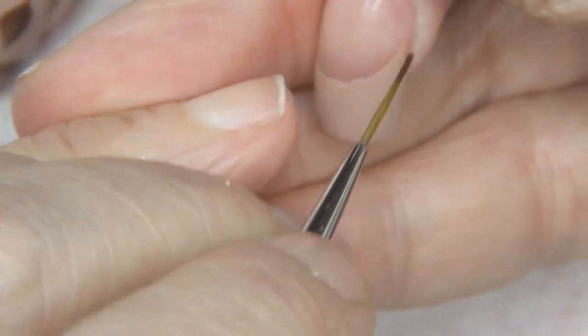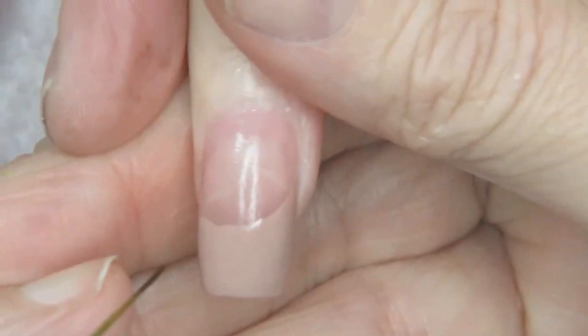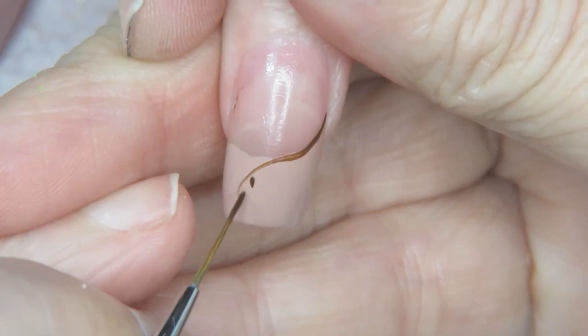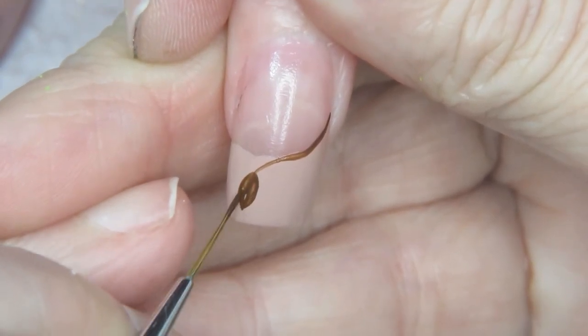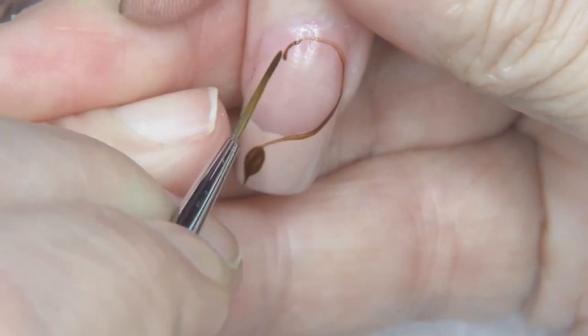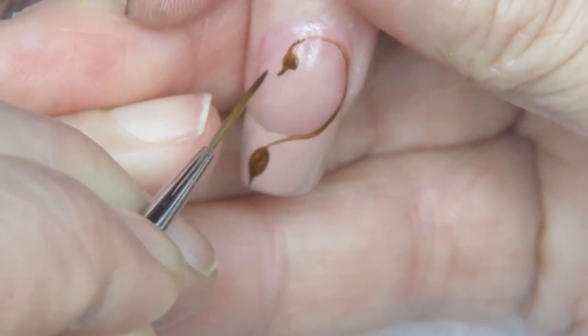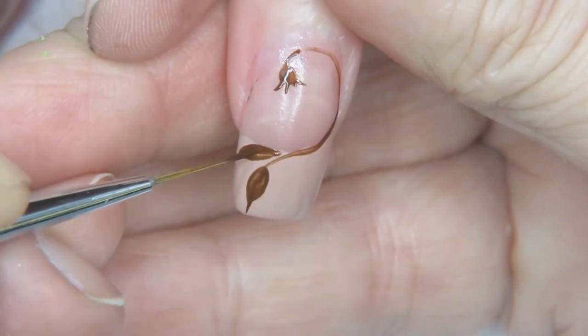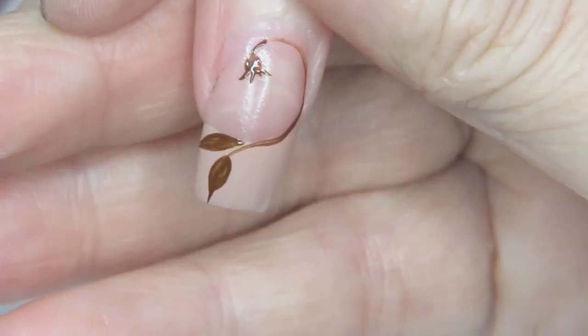So okay, this one's going to be my favorite, I think. I'm going to follow the line like that, put my leaf in, and I'm going to pull down. Okay, then I'm going to take the push. Now I'm going to put the flower inside of there, which is going to be beautiful. It's going to be like hanging onto a French manicure, which I find to be beautiful. So there's that. On this one, I'm going to paint some